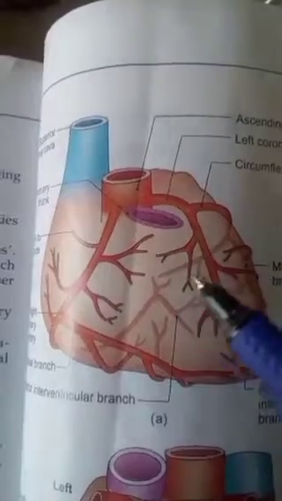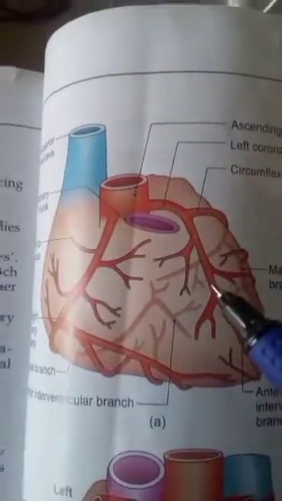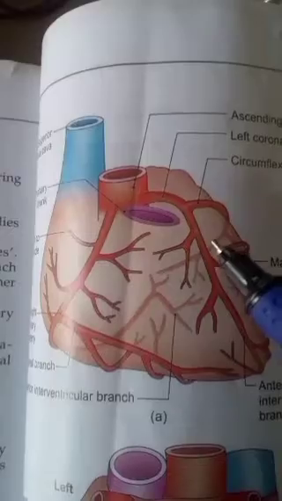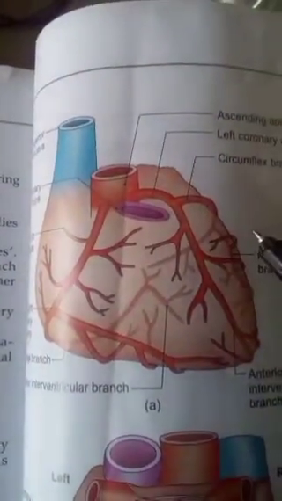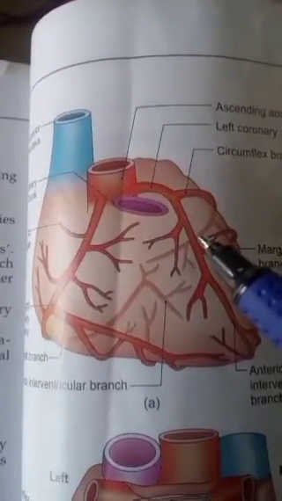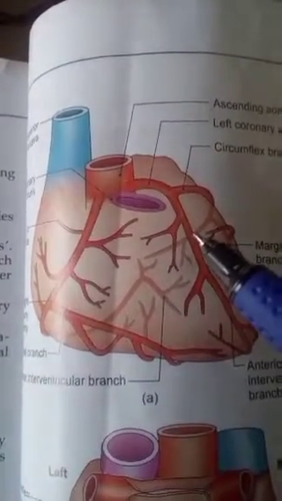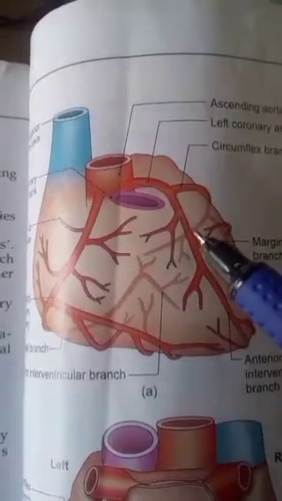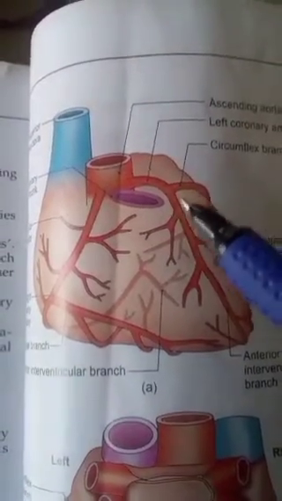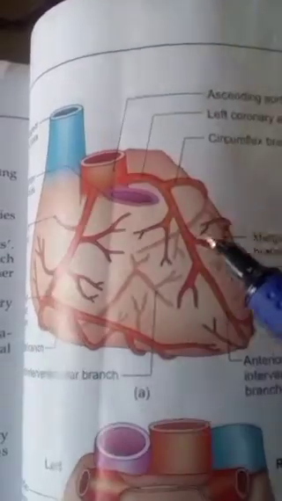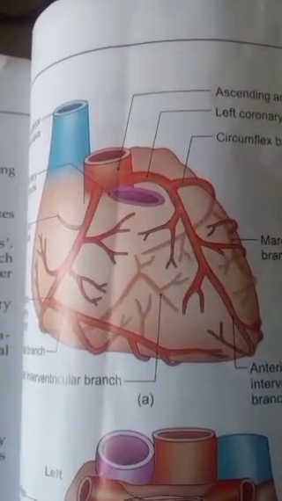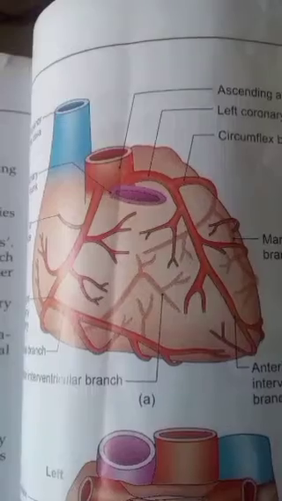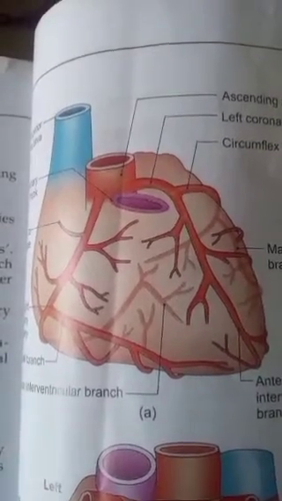This cardiac anastomosis between two coronary arteries may open up if one of the coronary arteries gets blocked. But if both the coronary arteries get blocked, there are other extracardiac anastomoses which may open up to compensate for the blood loss. In such extracardiac anastomoses, the coronary arteries may anastomose with the vasa vasorum of the aorta, vasa vasorum of the pulmonary arteries, internal thoracic artery, bronchial arteries, and pericardiophrenic arteries.